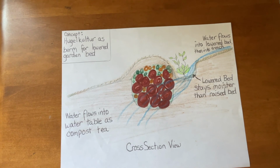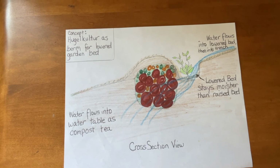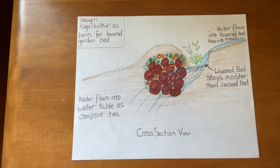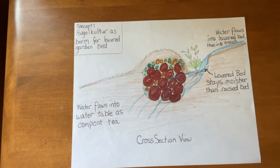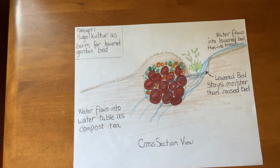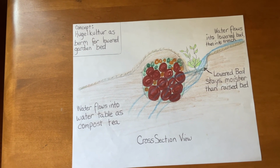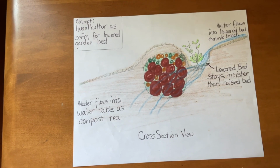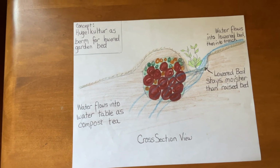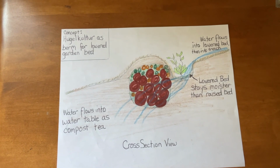And as you can see, the lowered bed stays moister than the raised bed, and any water that flows into the lowered bed and overflows or fills it too much, it will fall down deeper into the hugelculture and settle there. And as it flows down through the compost in the bed, it flows in as compost tea, so it's better than just plain water. And then it lands in the hugel, and from there it has a chance to soak down more deeply into the soil. So that is the concept of this last